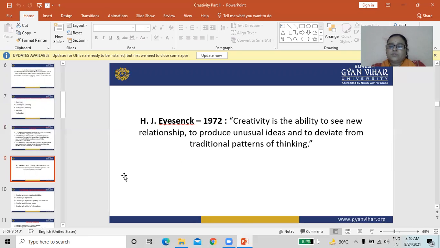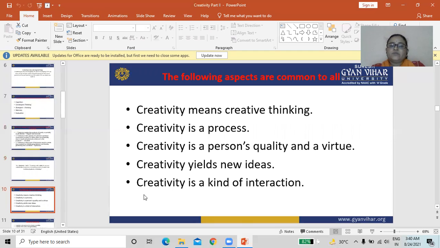So these are some definitions of creativity. Now we will discuss the following aspects that are common for all definitions of creativity. First, creativity means creative thinking. Creativity is a process.